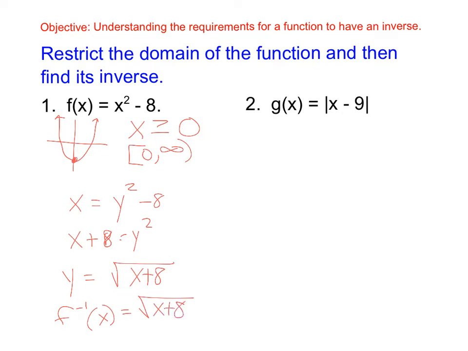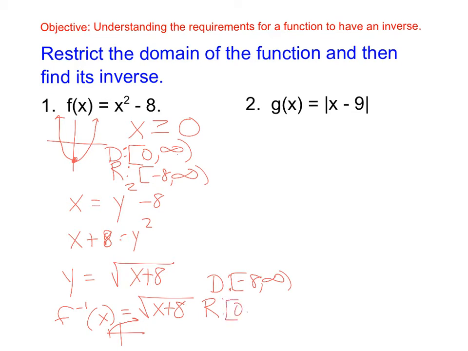Because if the domain of this one is greater than or equal to 0, the range is -8 to infinity. So what would the domain of this one be? This has to be -8 to infinity, right? What will it let that equal? The range, it's a square root, so it's